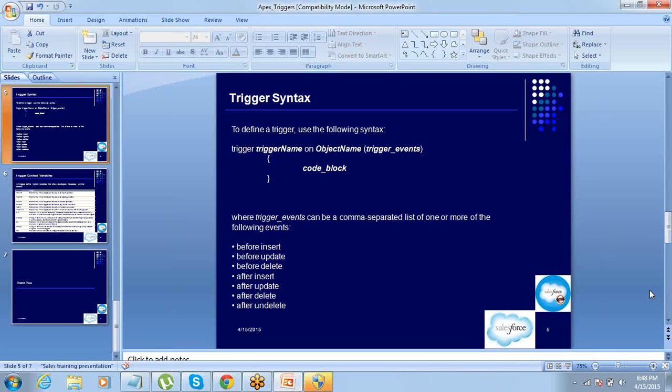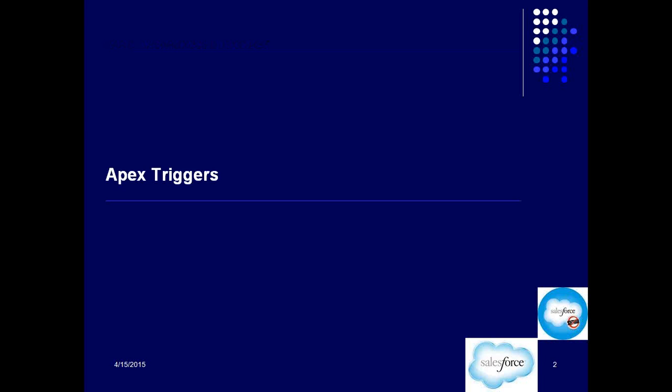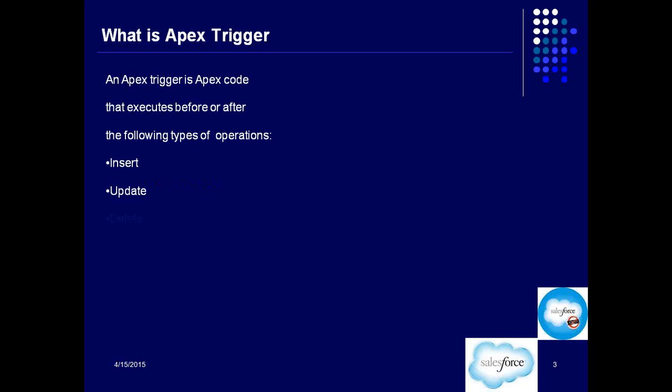All right. So first slide we were talking about the operations, right? Which all operations? Insert, update, delete, undelete, right? So 4 different operations. So this is what you can do with a record, right? Either you can create a new record, you can update an existing record, you can delete an existing record, you can undelete something which you have deleted and which is lying in the recycle bin, right? So these are the only 4 options which we have. This is what we can do with the data.